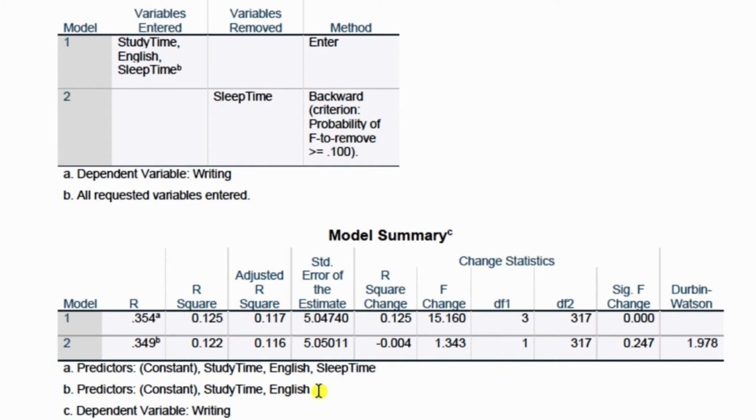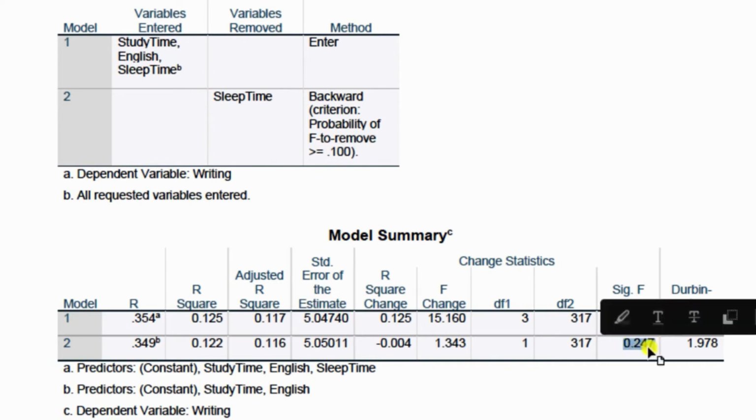are taking out the variable that decreases r squared the least amount. And then we say if that removal is significant, we would want to keep the variable in because it would be significantly contributing to our prediction of our dependent variable. However, if the r squared change is not significant, then that variable that we removed wasn't really contributing to our model that much. So in this case, we can see that from model 1 to model 2, when we remove